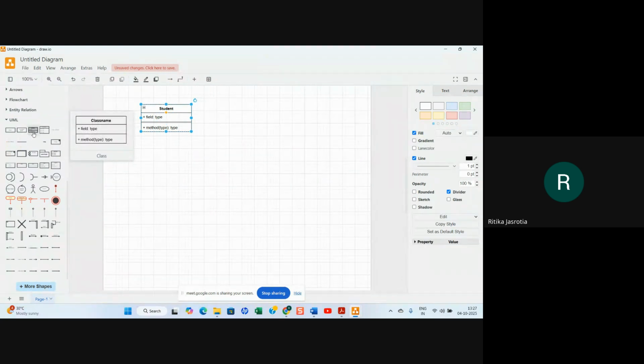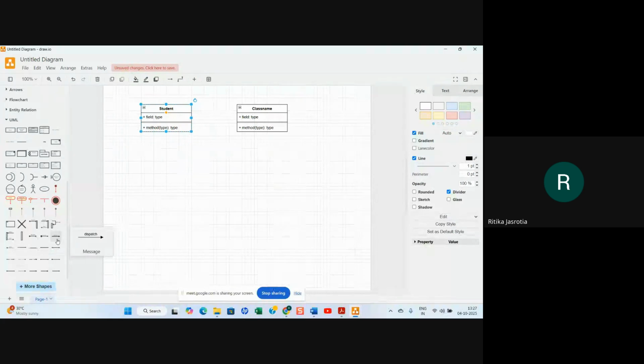If I make another class here, you can make a relationship between these two. See, this is aggregation. This is parent child. This is composition. This kind of thing. We'll talk about that later on.